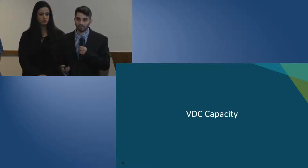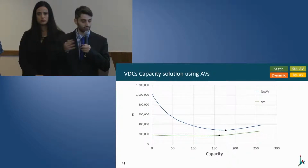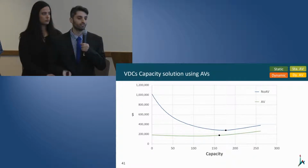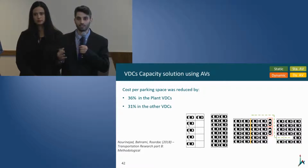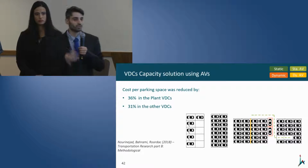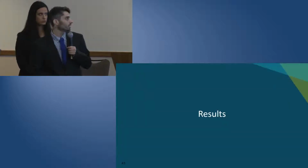As for the capacities of the VDCs, we ran sensitivity analysis on 2011-2012 data for each and every VDC, and we picked the capacity that gives the optimal number of spaces for each VDC. So we did that for both scenarios, with AV and without AV. And in the AV scenario, we were also able to pack the vehicles like sardines because nobody needs to drive them, right? This helped us reduce the cost per parking by over 30%, both in the plant and in the VDC. And now for the results,